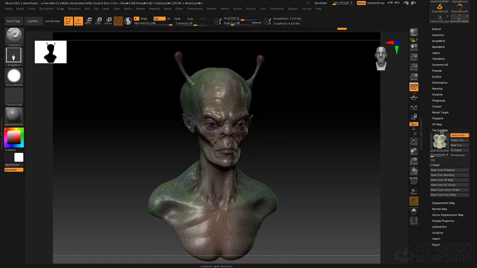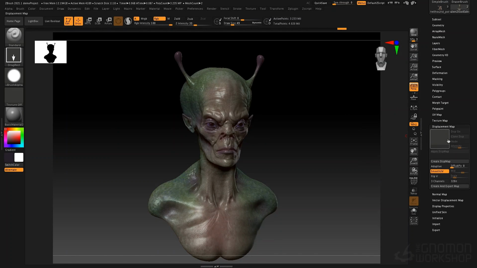So we have a color map in the texture swatch. If we go to displacement map and open this, we can generate a displacement. Now for displacement, you can either use adaptive or DP subpix. I find adaptive takes longer. So what I will do is I will set DP subpix to 1 or 2 and generate my map using this. These are basically just two different methods of generating the map. Adaptive will subdivide areas of the mesh with higher detail while it's generating the map, whereas DP subpix is kind of